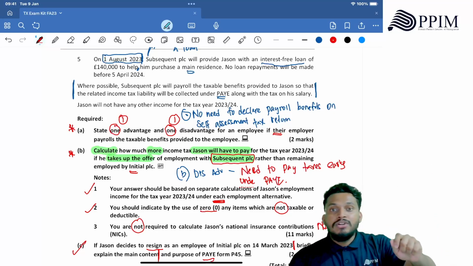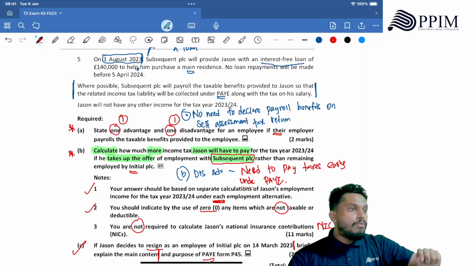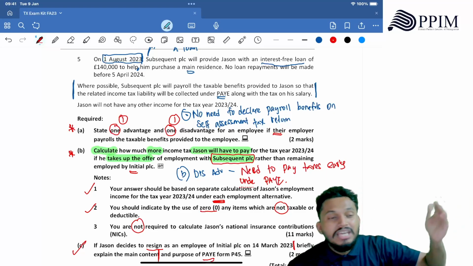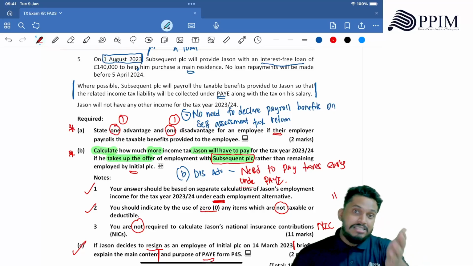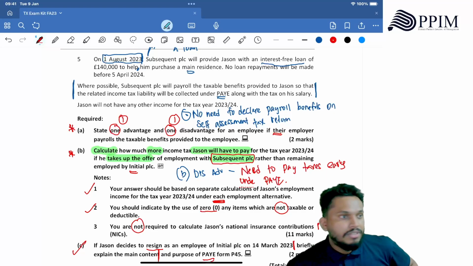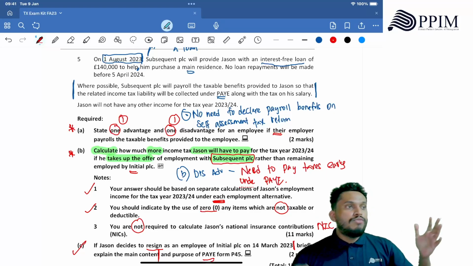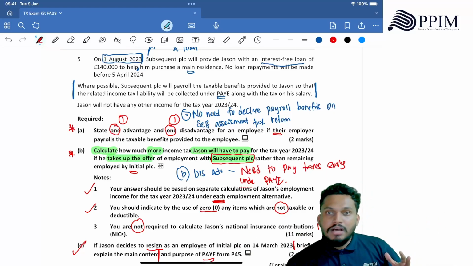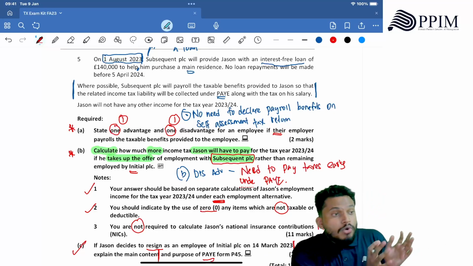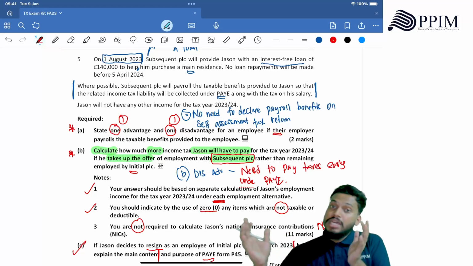But since I enrolled myself in PAYE, my employer was paying my taxes on my behalf every month, which is a lesser burden to you, because your main source of income is your employment income. Most of your income comes from employment and you're already paying the tax part, so you don't feel that you're paying taxes at the end. At the end, if you accumulate, there will be a bigger amount to pay.